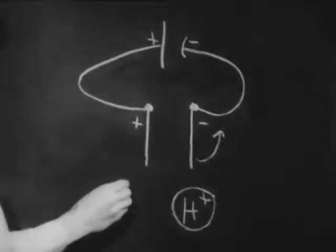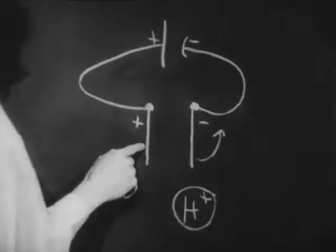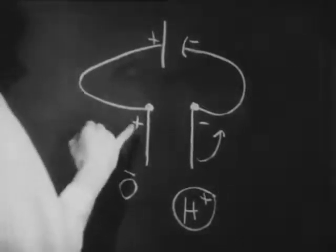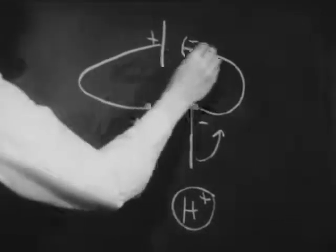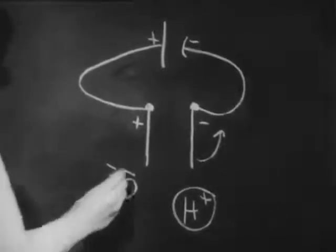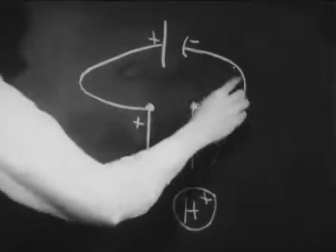While this is going on, oxygen ions in solution are giving up their negative charge to this terminal, thus making available free negative charge to the circuit here. For each free negative charge placed at this point, the battery makes available a negative charge here for combination with the hydrogen ion in solution. So each hydrogen atom which comes off at this point represents the flow of one elementary charge around